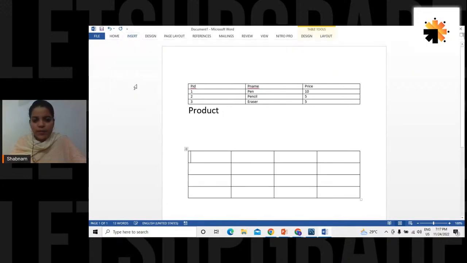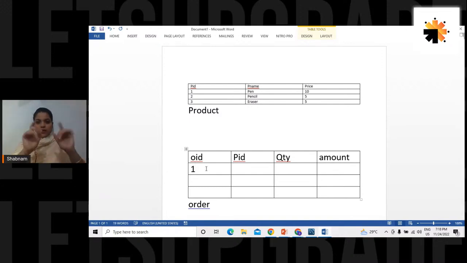Okay, let me create the table this way. The first column in this table, this is an order table. The first column is an order ID, the second column is product ID, the third column is say quantity, and the fourth column is suppose amount. Now, how the rows go in this table: order number one.